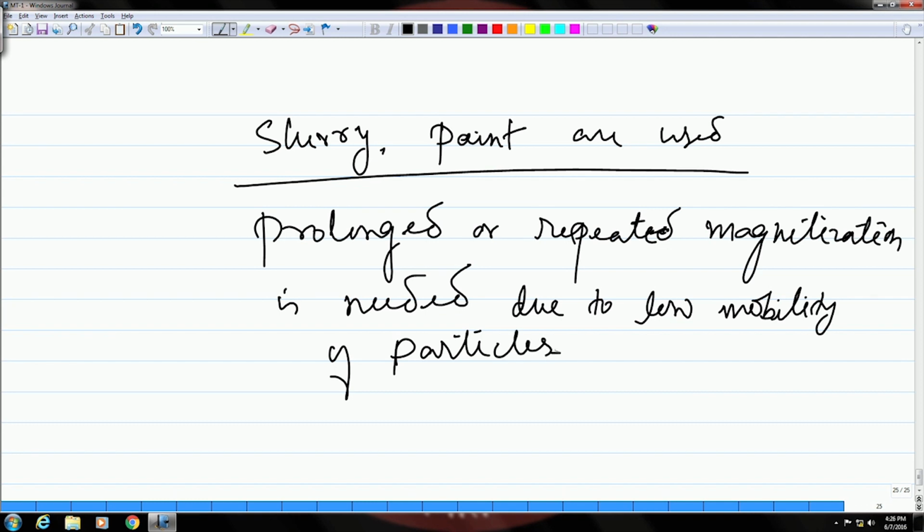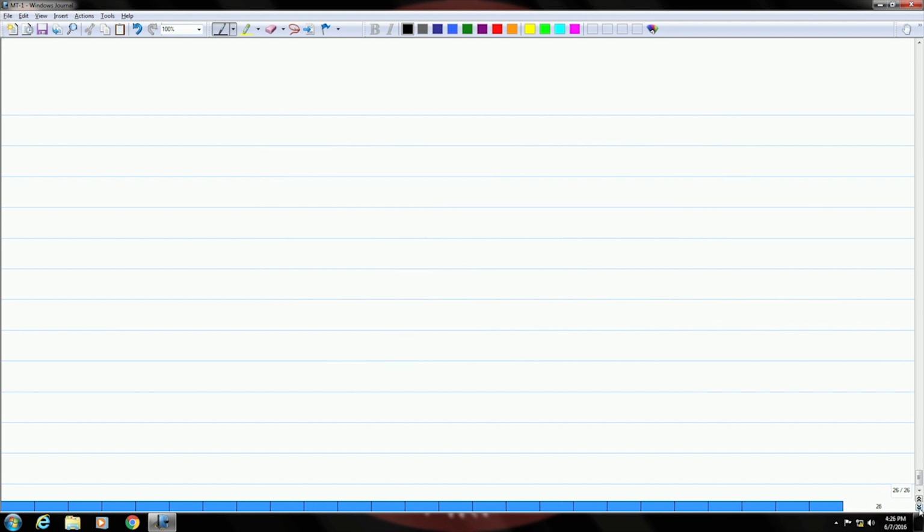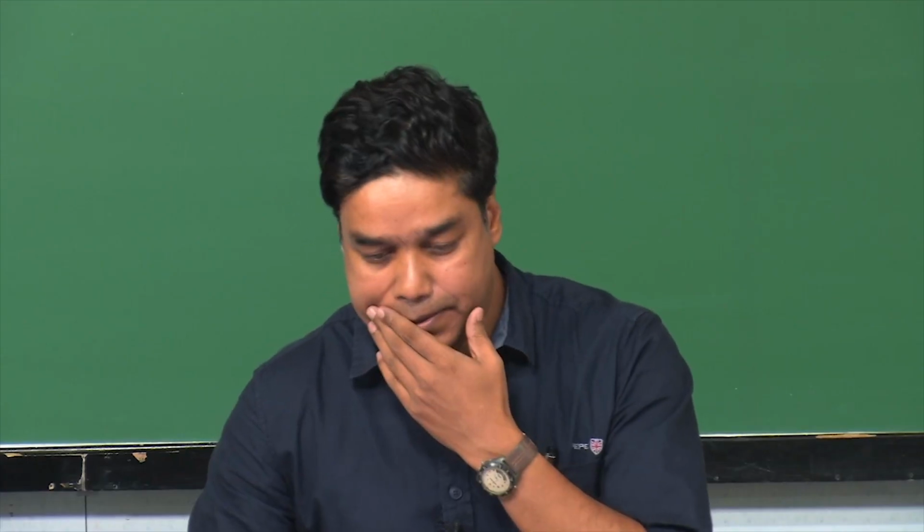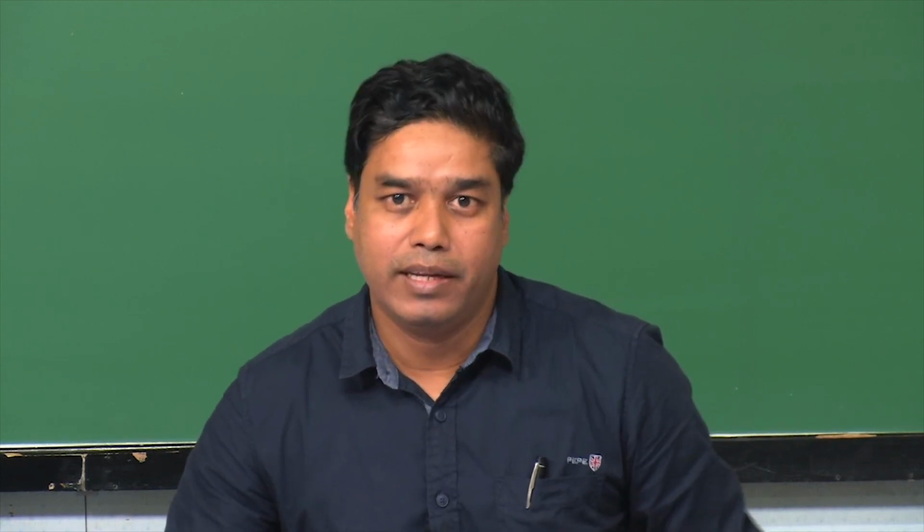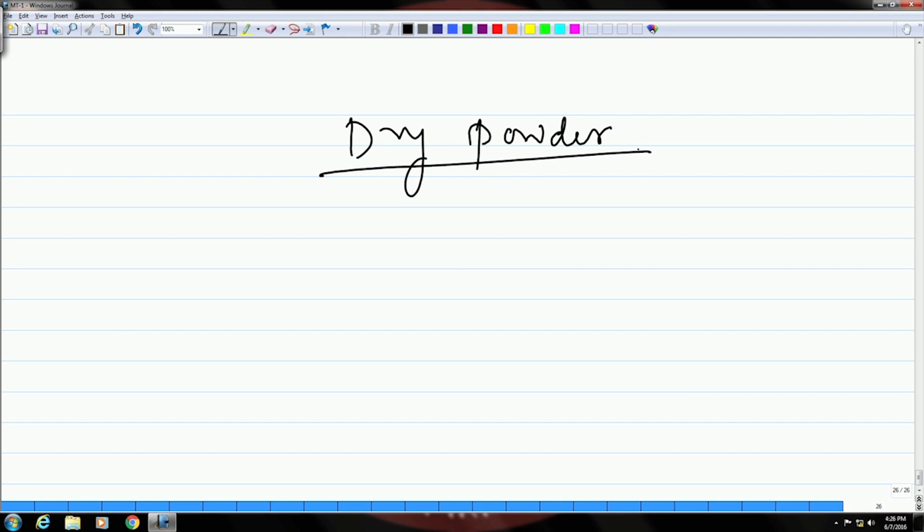So, this is the third method that we have for wet particles, and the first one we have seen which is the continuous method that can be used for both wet and dry. Now, if you talk about the dry particles as such, they can be applied by dusting. Okay, so, you simply take the powder and dust it over the surface, and